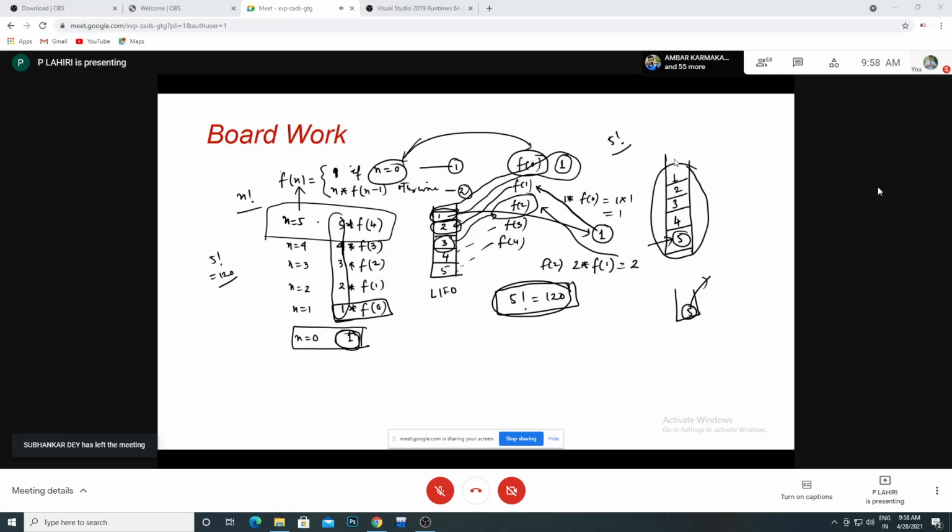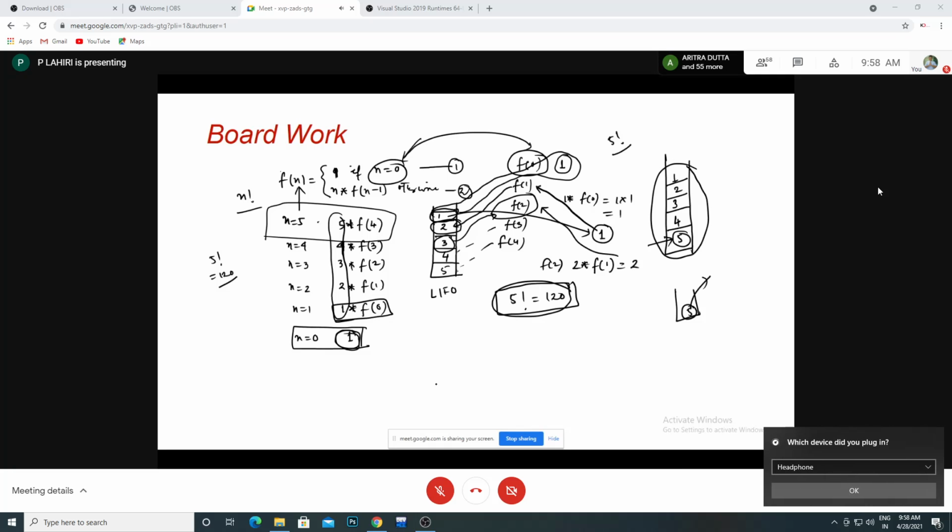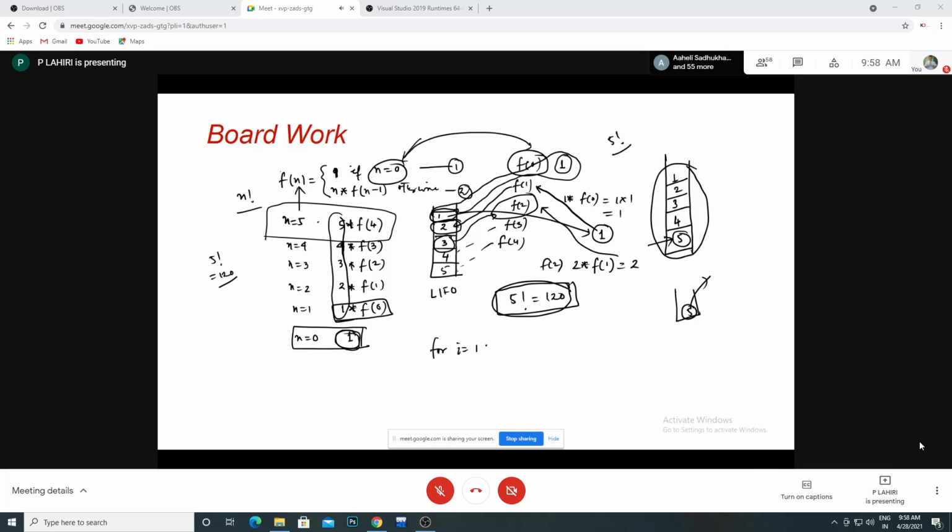If you say, sir, why are you telling this without comparison with the iterative method? Yes, the iterative method is very simple. You are just incorporating a loop which will repeat for